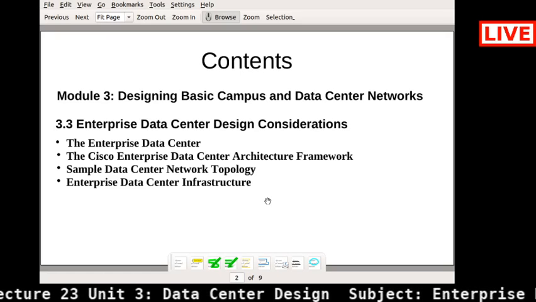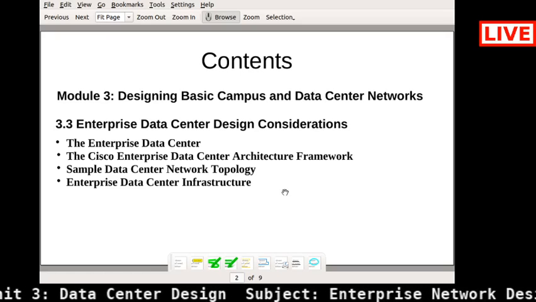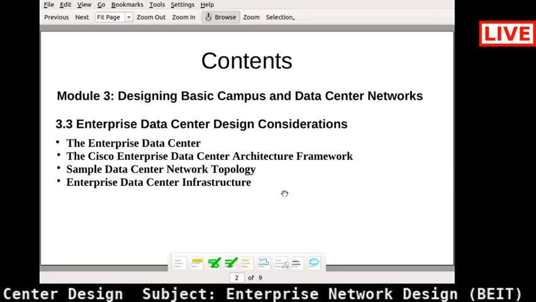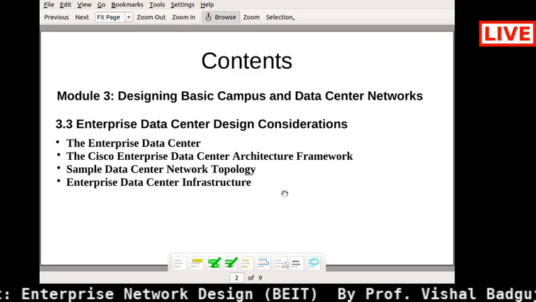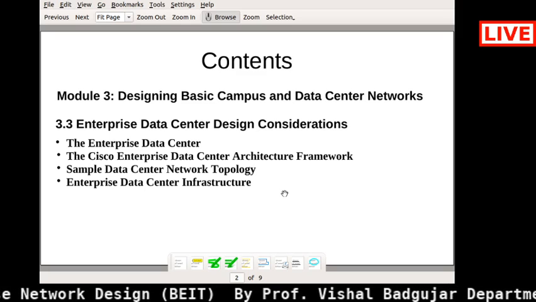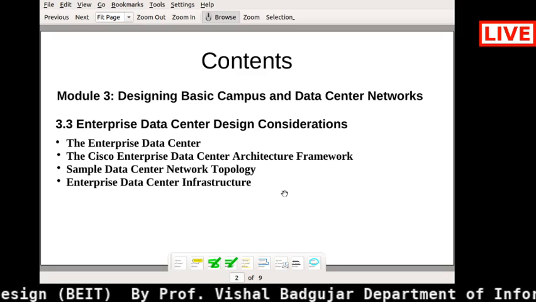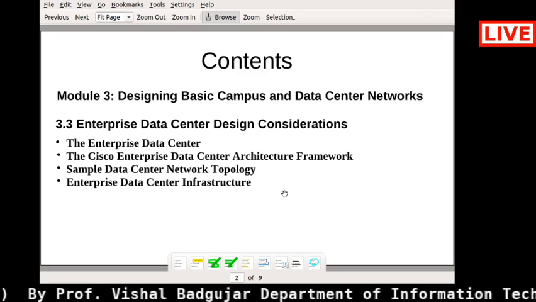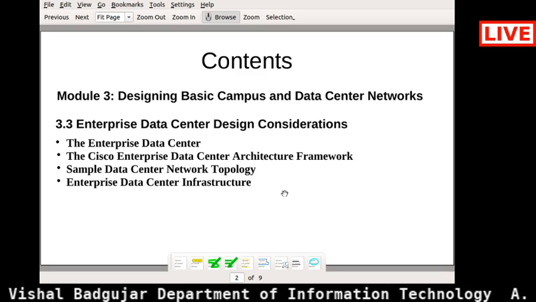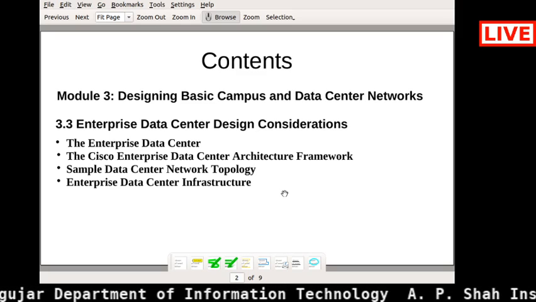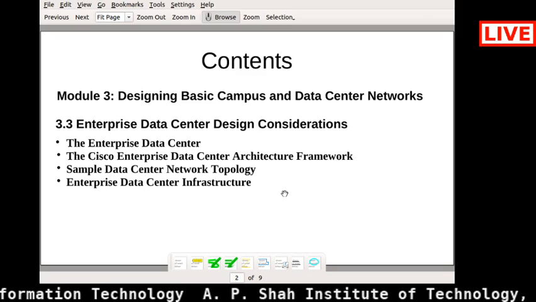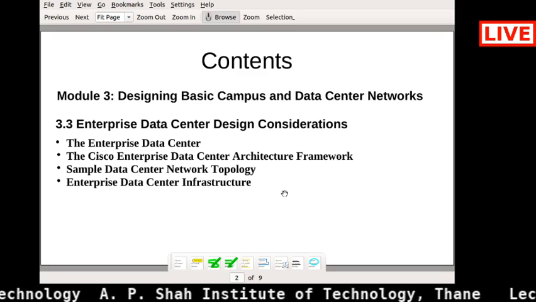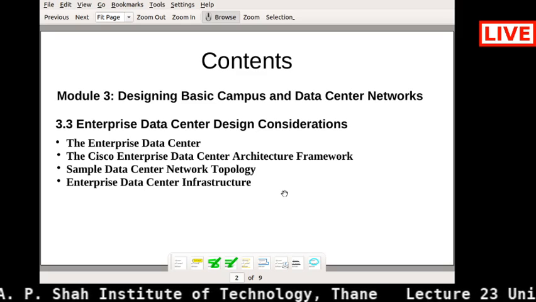Good evening, students. Today we will start a new topic, that is data center design consideration. We will see what we mean by the data center, how the data center will be designed, and what the different considerations or constraints are that you need to check while designing the data center. But before that, we will see what we have covered in our